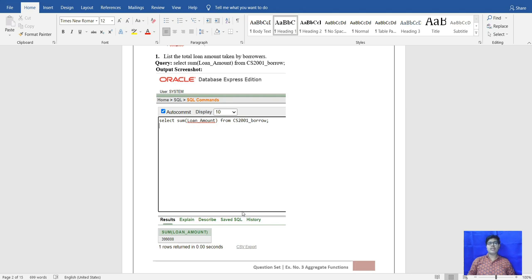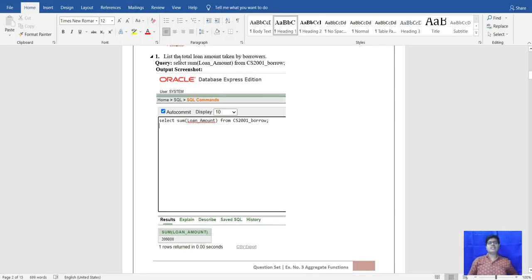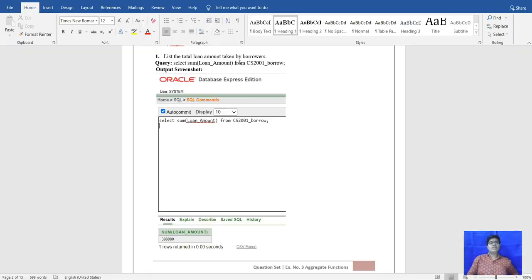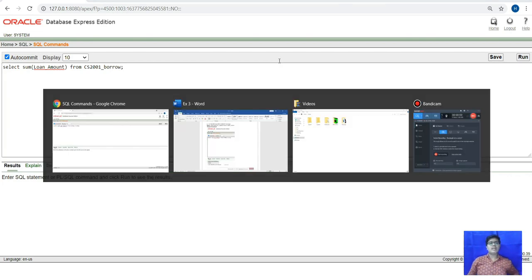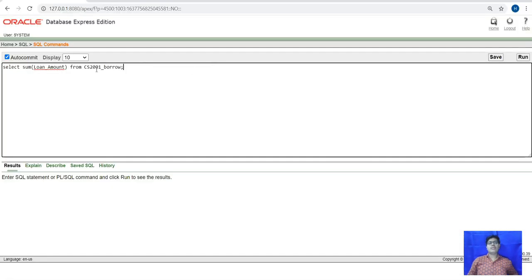We will go to our Oracle database and type select sum of loan amount from the borrow table.